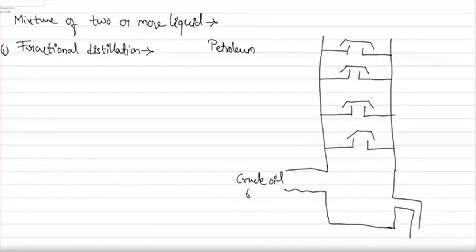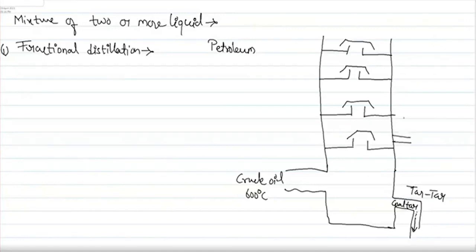Let's say this crude oil is heated to 600 degrees Celsius. At 600 degrees Celsius, the substance known as coal tar, or tar, the damer, will be left behind, and all other components of the crude oil will get vaporized. The coal tar will be separated at the lowest bottom. Then, as the vapors rise in the fractional distillation chamber, the temperature gradually decreases.